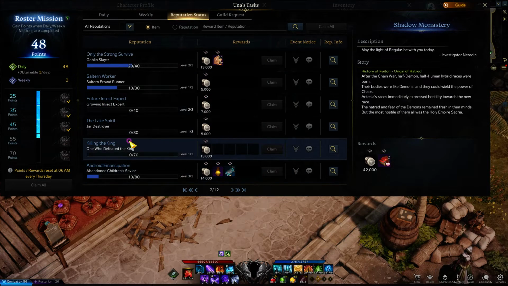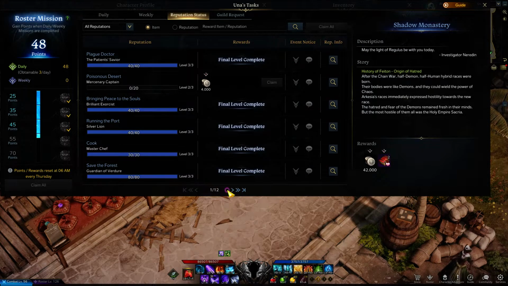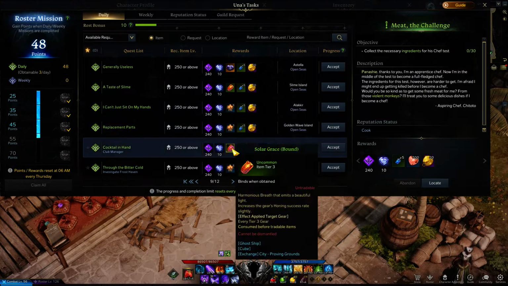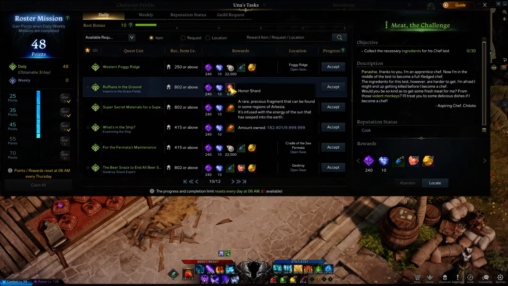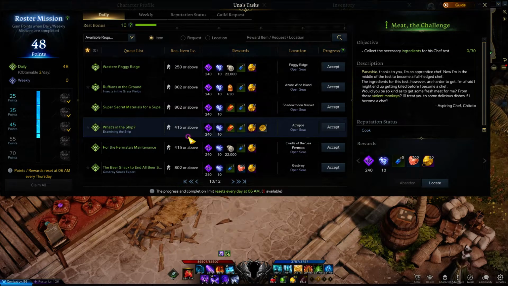So I wanted to share that with you guys. There's people out there that say, hey, make sure you do these tasks, and they'll show you the main page of them, like these, the dailies. Like, if you need leap stones and you need solar grace or the honor shards, make sure you're doing your dailies. Do these on your